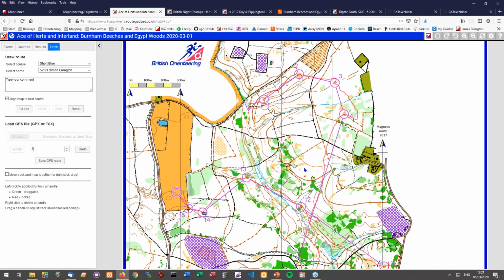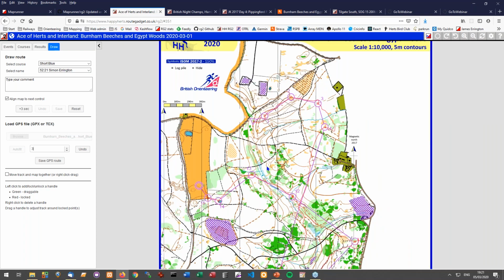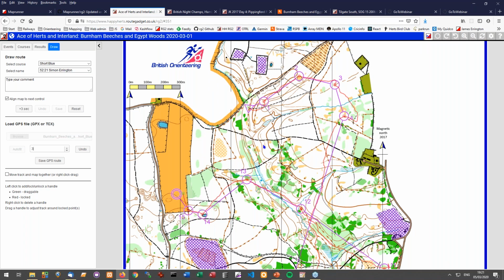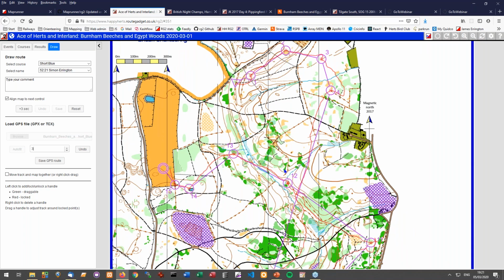That's one of the reasons, as we'll come to later, that I would recommend you use the original splits for Routegadget when setting it up, rather than anything with corrections made, because it's just a representation of what really happened. You need to see Routegadget as an analysis tool, not as the definitive results system. But anyway, just be aware that if you have got results that have had road crossings taken out, for example, the auto fit probably won't work very well.